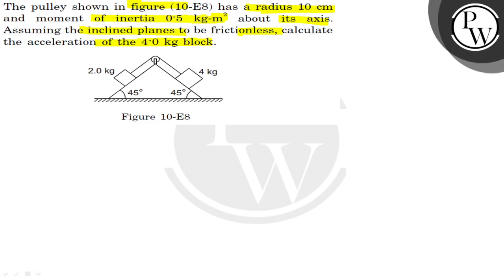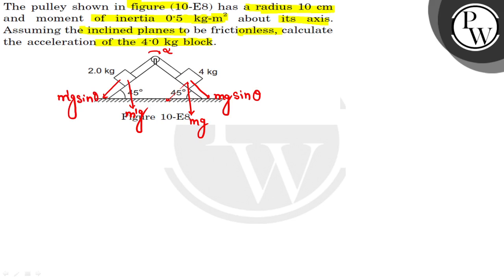So first of all, we will draw the free body diagram. तो यहाँ पे हमारे पास जो पुली है, it is having some angular acceleration of alpha, let's say. और यहाँ पे अगर we will draw the free body diagram of the 4 kg and this 2 kg, so we can say that दोनों का मास mg यहाँ पे नीचे को लग रहा होगा, let's say that is m dash g. तो यहाँ पे इनका एक कंपोनेंट आ रहा होगा along the inclined plane, that is mg sin 45, because as we can see from the free body it is going to be 45. और ये वाला हमारे पास हो जाएगा cos theta. तो cos वाले का हमारे पास यहाँ पे काम नहीं है, we are going to only use the sin term. तो sin theta in this direction.